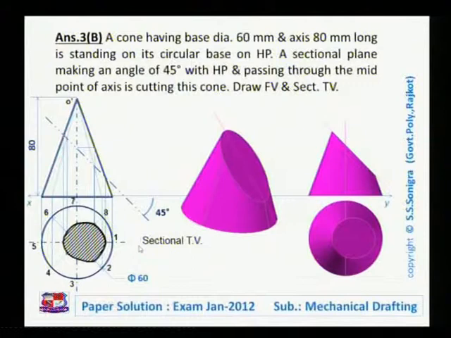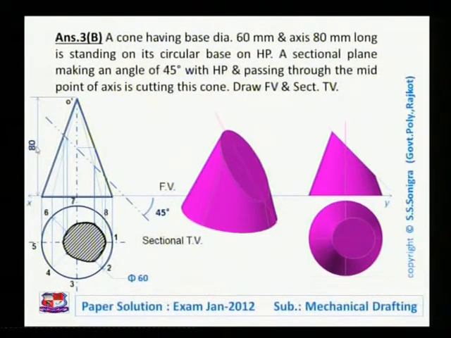Insert the names of the views. This is the sectional top view and this is the front view. Now think about this condition. Here this is the front view, this is the top view, and this curve is an irregular ellipse which is drawn over here. In the examination, this question is asked for 4 marks. So 2 marks for the front view, 2 marks for the sectional top view, and if this cutting plane, this section, is not drawn, you may lose 2 marks.